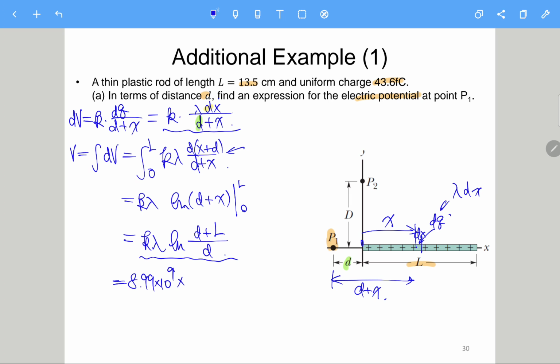L lambda should be the total Q, which means that lambda should be Q over L. Q is 43.6 times 10 to the minus 15 Coulomb, and then L is 0.135, and then natural log